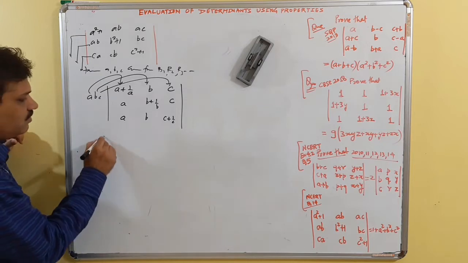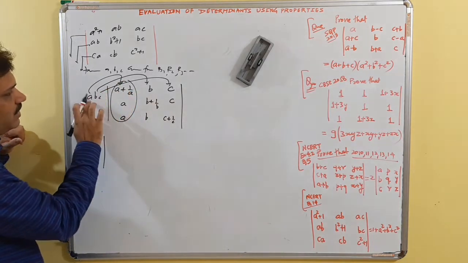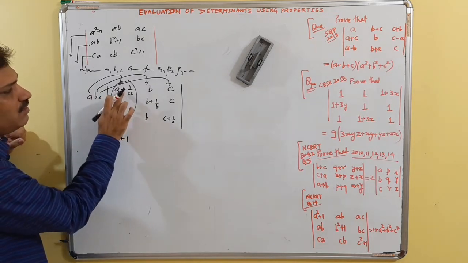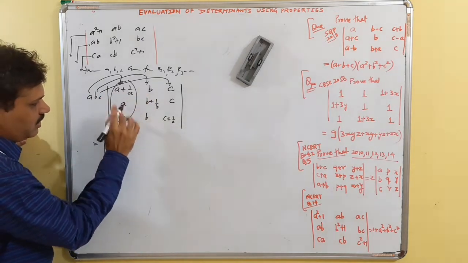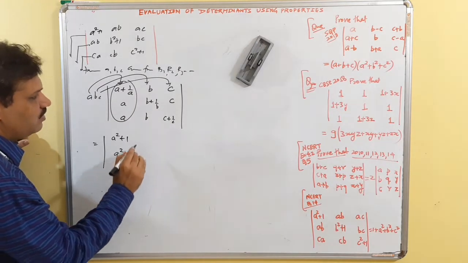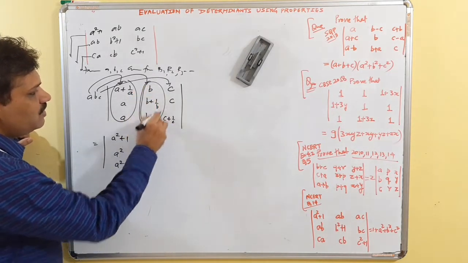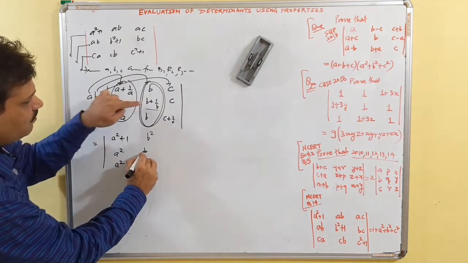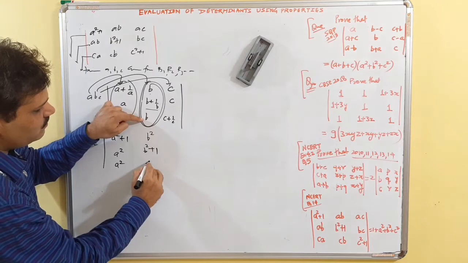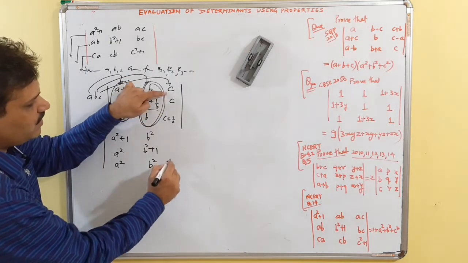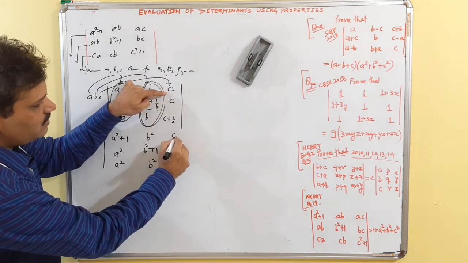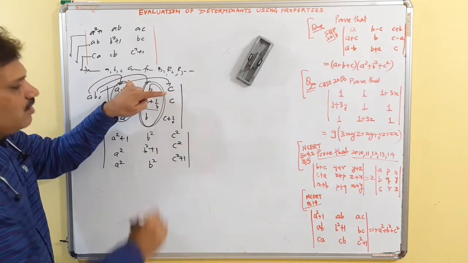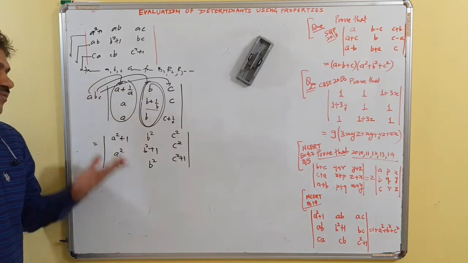So what does it give? This column is multiplied by A. It will give me A square plus 1. If I multiply it by A, A square plus 1, and A square, A square. Multiply all the terms with B. So this will give me B square, and if I multiply by B, this will simply give me B square plus 1. This will give me B square. Multiply all the terms by C, what we find is C square plus 1. Now you can observe, we have got the result.